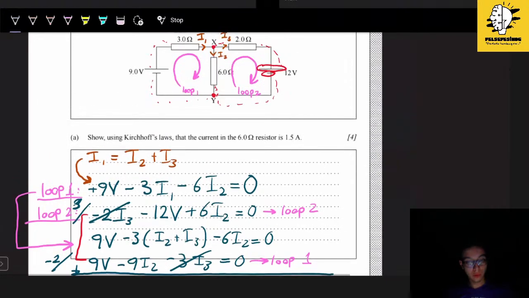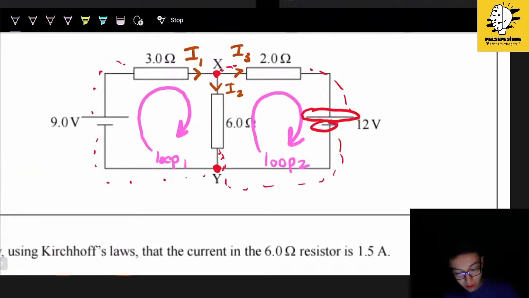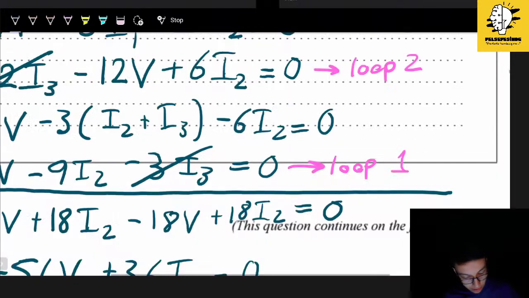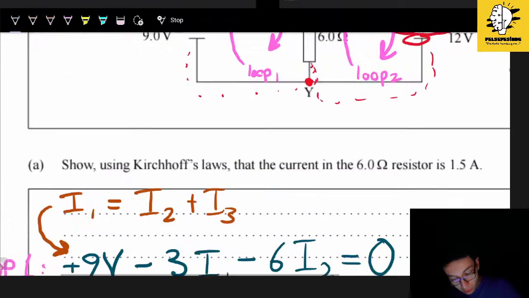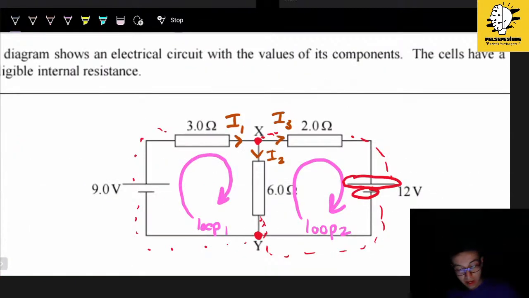Using Kirchhoff's laws, show that the 6 ohm resistor has 1.5 amperes going through it. We found down below I2 is equal to 1.5 amperes, and I2 goes over the 6 ohm resistor, and it has a value of 1.5 amperes. Hence we showed it